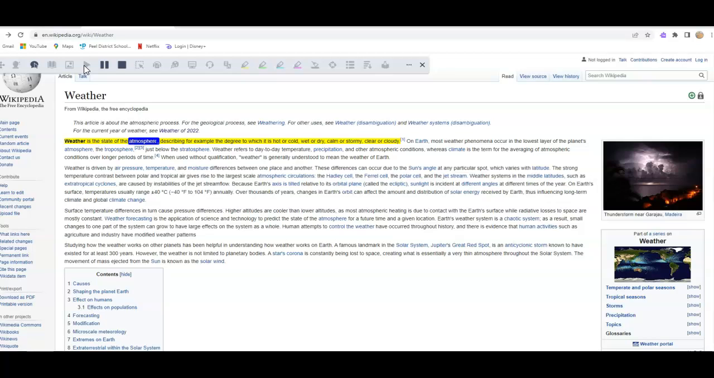Weather is the state of the atmosphere. Hot or cold, wet or dry,